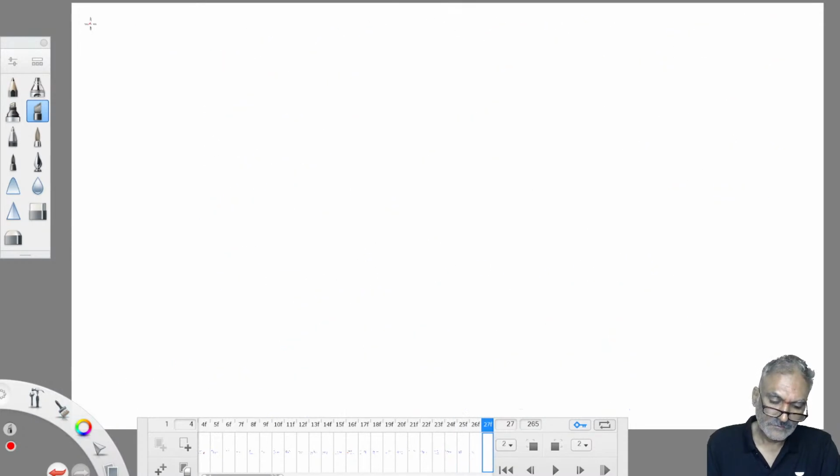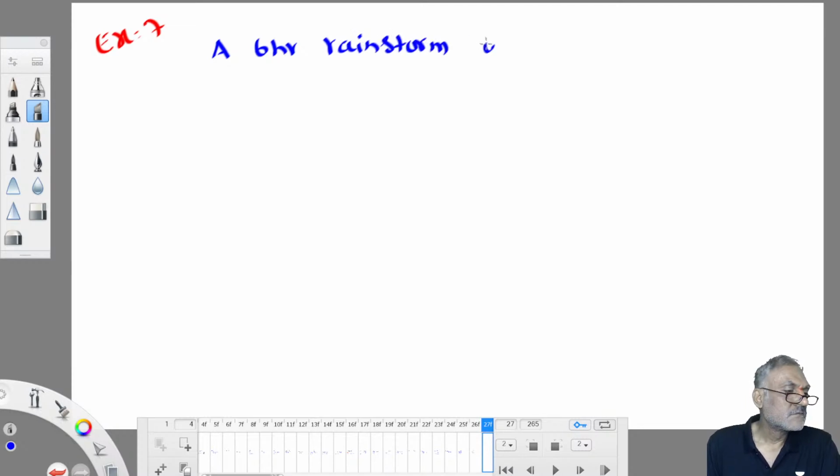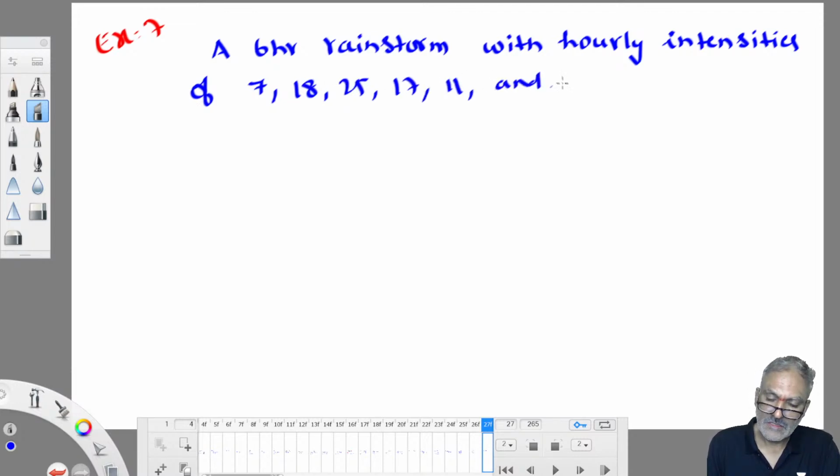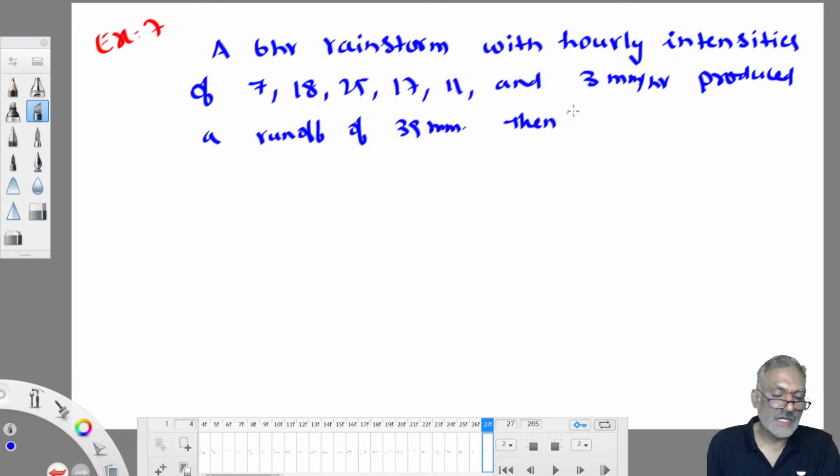Example 7. A 6-hour rainstorm with hourly intensities. During the 6 hours, it is not raining with the same intensity; hour to hour, the intensities are changing. Intensities of 7, 18, 25, 17, 11 and 3 mm per hour produced a runoff of 39 mm. Then the phi index is